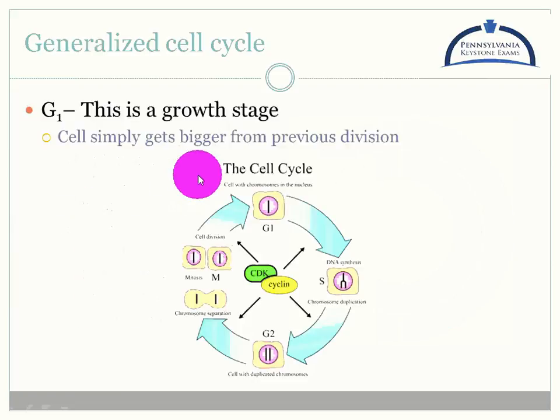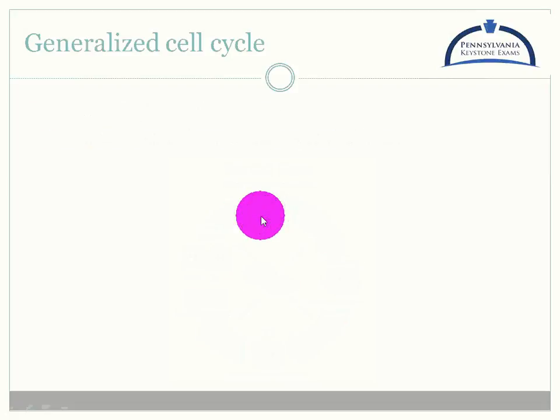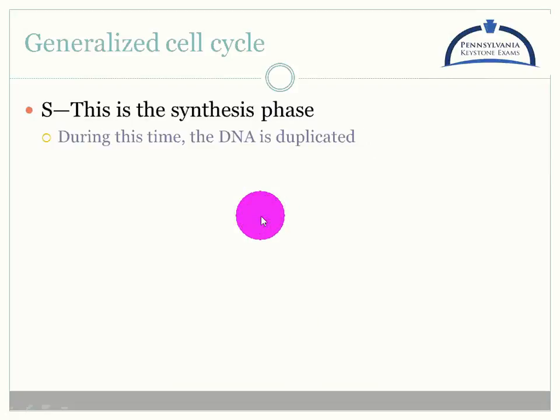So the first part of interphase is called G1. I remember this as G means growth. You're just growing. That's it. When the cell divides, you can see it goes from this big to a much smaller size. So to prepare to divide again, it simply needs to start growing. After our growth phase, we have our S phase, or synthesis.